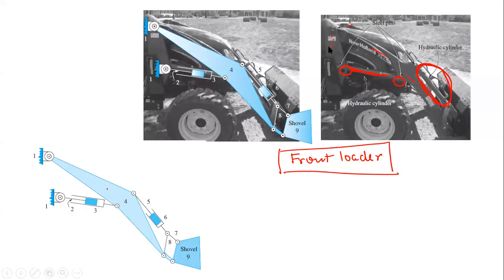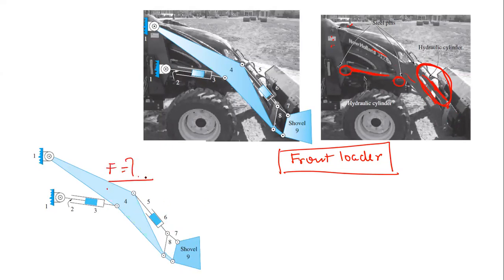Again, you can pin joint it here, and this is the frame of the front loader, right? So this frame is definitely fixed. Now, if we move to this side, again we have a hydraulic actuator at this location. Again you can represent this with this piston cylinder arrangement. Now all other connections have been represented here. One connection is here, similarly one connection is on the other side. So you can similarly model this one like this, right? It is very clearly shown here how you can represent an actual situation with the help of a kinematic diagram. Now I am leaving it to you to calculate the degree of freedom of this mechanism.